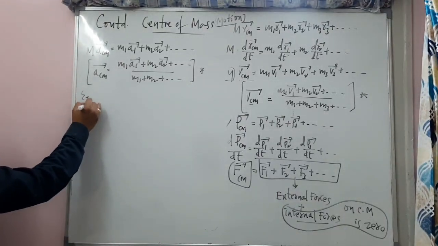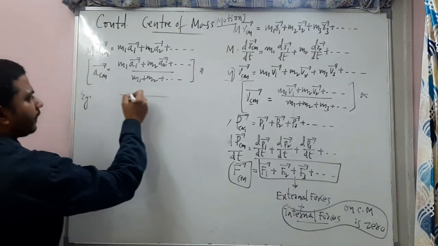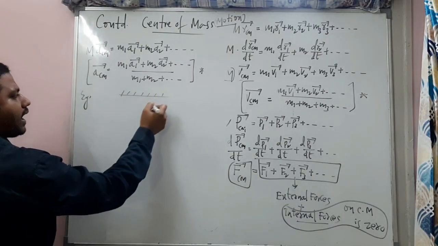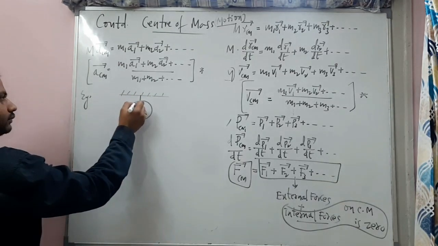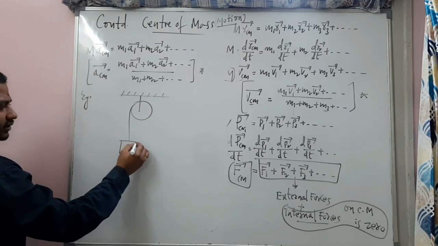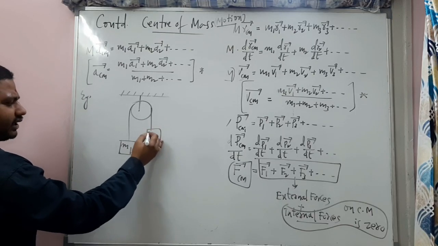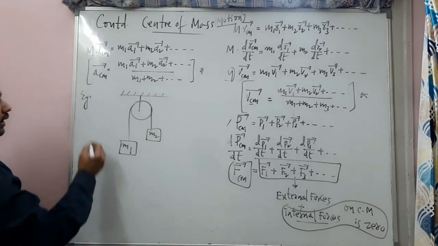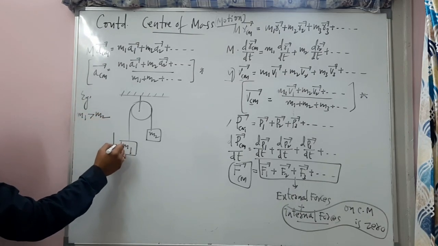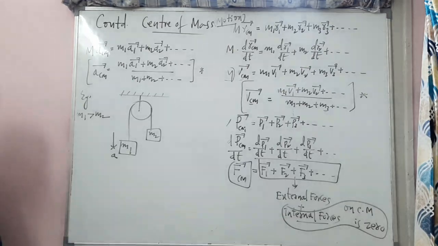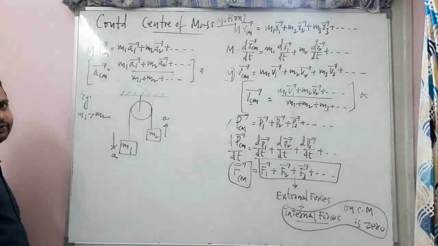And look at here how the questions will be asked from acceleration of the center of mass. So there is a pulley mass system like this. One mass is connected here, students, that is mass m1. Another mass is connected, mass m2 here. Here they have clearly mentioned that m1 is greater than m2. So this m1 is moving with an acceleration a downwards. So definitely m2 will be moving with an acceleration a upwards.